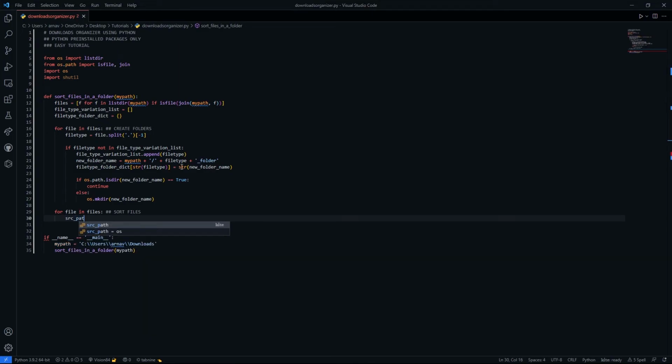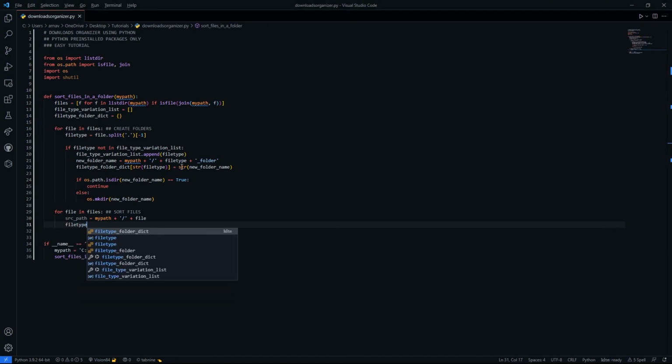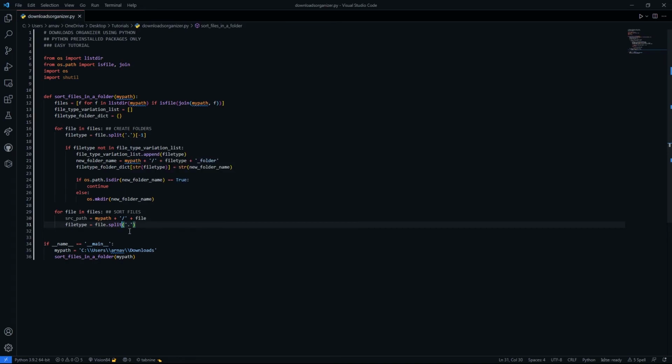So we need a source path. This is the current path of the object. So when we're actually moving it, the function needs the source path, and then it needs the file. So now we need to take the file type again,